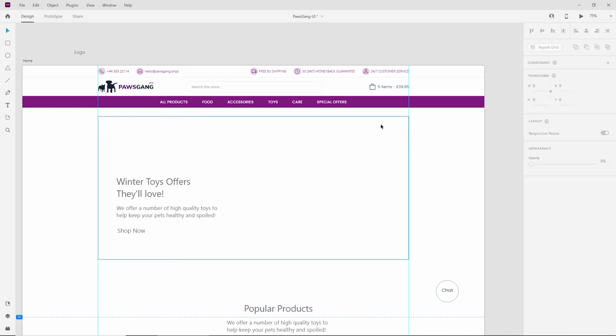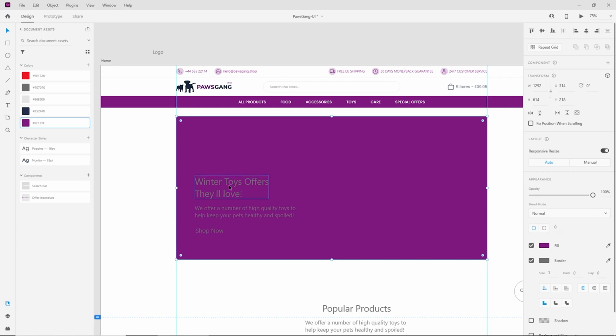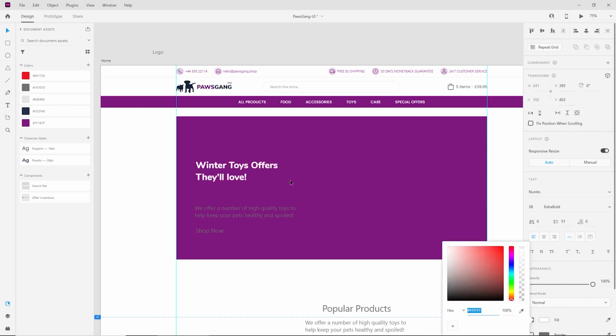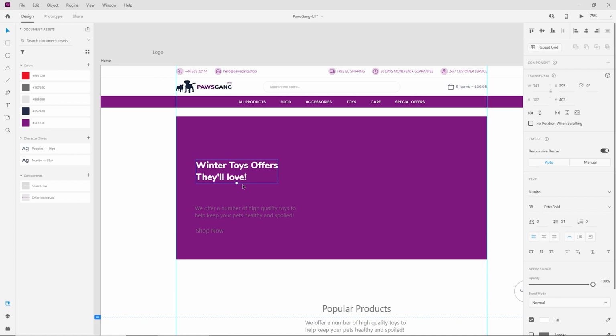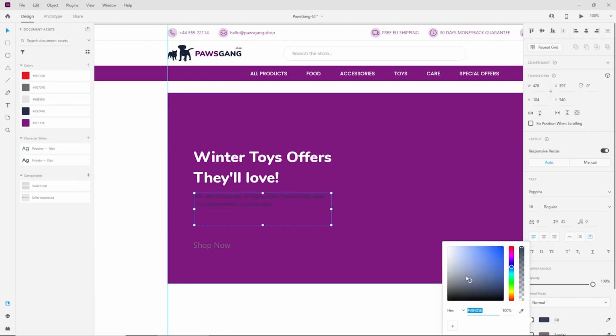Now, first of all, let's start by changing the actual color of the shape. So if we go back to colors, do that. And of course, we'll have to change the font to Nunito. But for this one, I'm going to go with maybe extra bold and change the color to white. And I definitely want this text to be a little bit bigger than the normal headings. Maybe 48 will do. And for this text here, we can definitely use Nunito 16 pixels